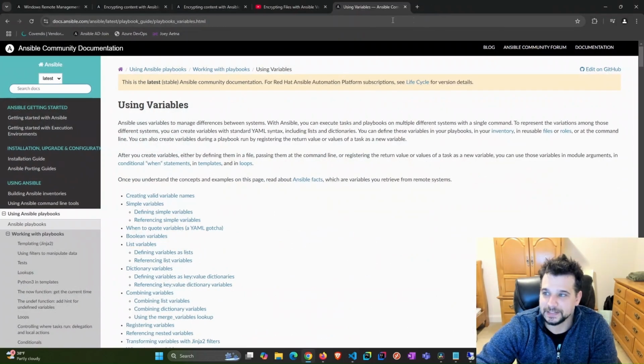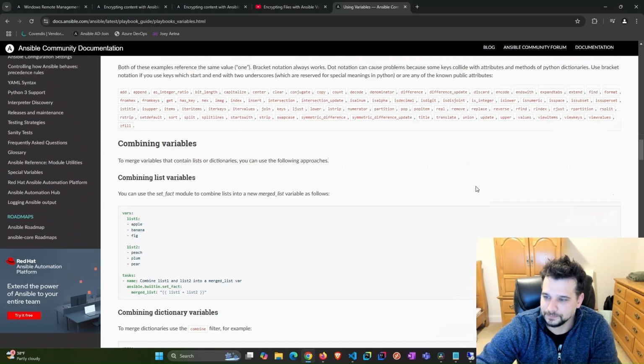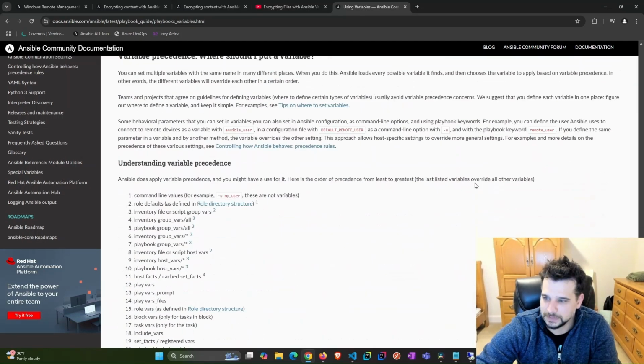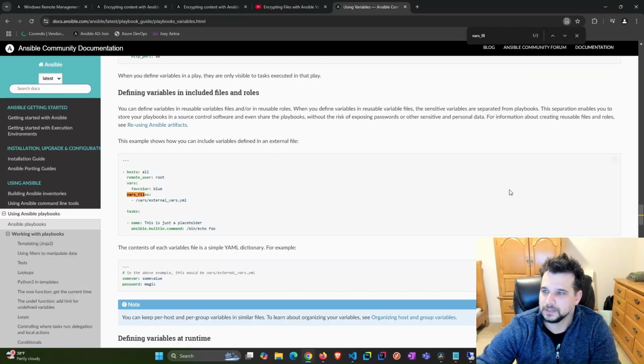So if you go to Ansible documentation and you search for using variables, towards the bottom, there's a section on defining variables in included files and roles. And basically all you do in your play is specify var files. So we're going to include that